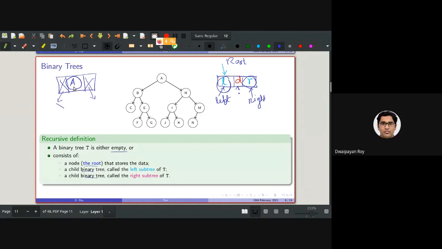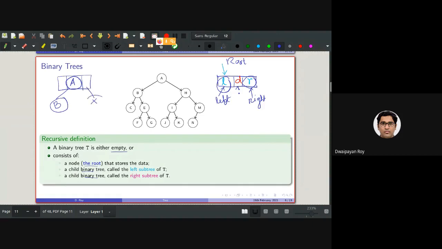Now moving forward, if I add one node here, B, will it be a binary tree by this definition? Yes. So how is it actually happening? This was the initial root node. This left pointer is pointing to B, right pointer is pointing to null.